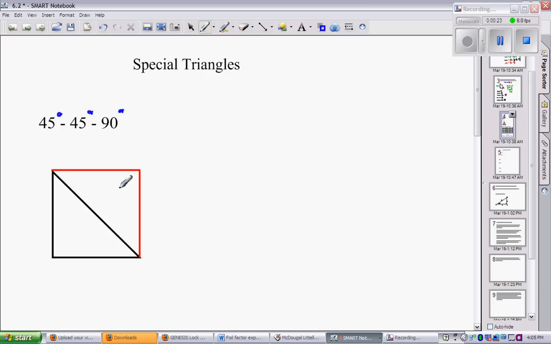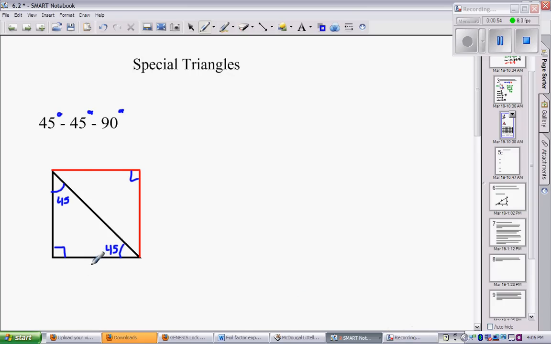It splits the square into two triangles, and we know that squares have right angles, so therefore it makes two right triangles. This was originally 90 degrees. Half of that is 45. So you have your 45, 45, 90 degree triangle, and